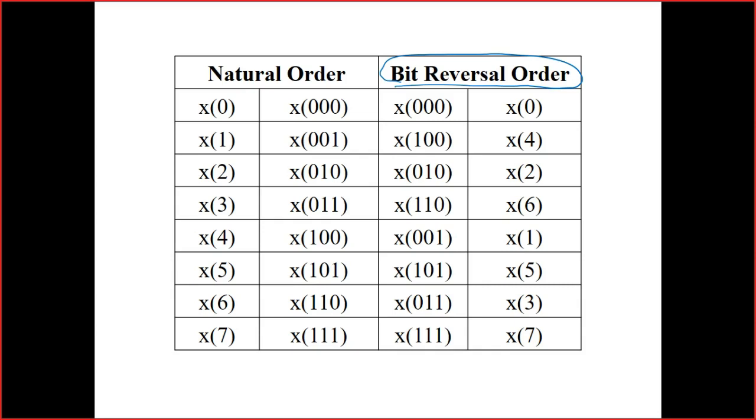In this method, what you do, you have the signal components x0, x1, x2, x3, x4, x5, x6, x7, right? So I have taken an 8-point signal. Okay, so that's why this 0 to 7